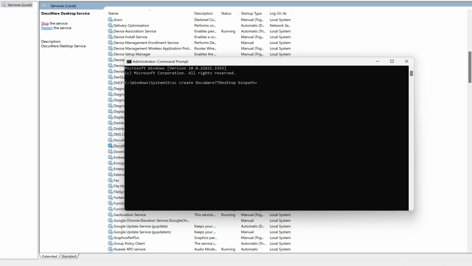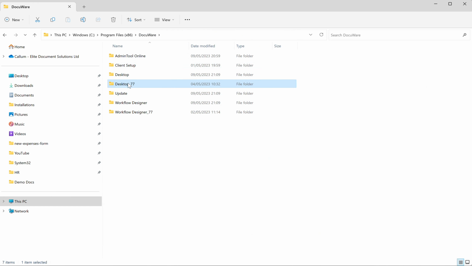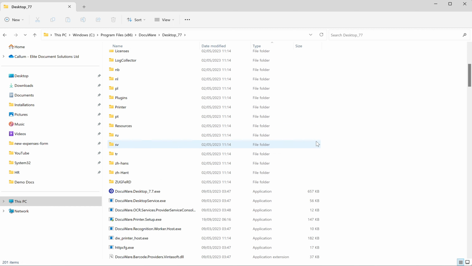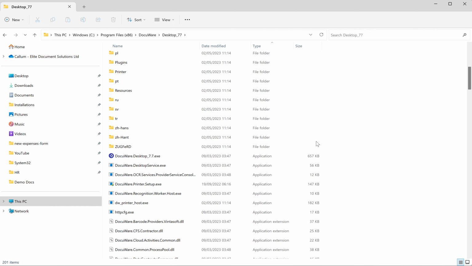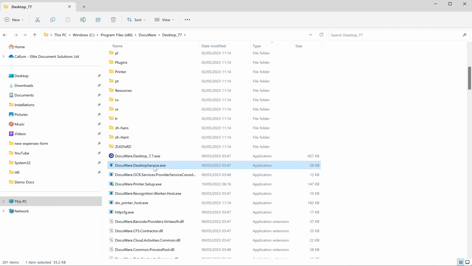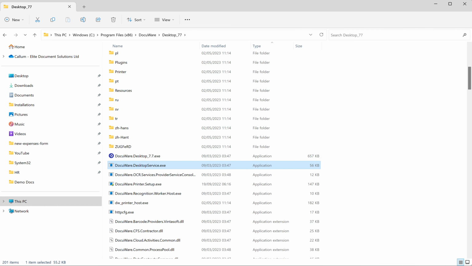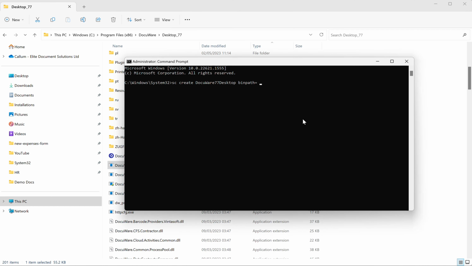I'm then going to go back to my program files, go in to the desktop 7.7 folder, press the shift key, and then on this file here, right click and choose the option copy as path. I then go back to my command prompt, paste it in, press enter, and I get